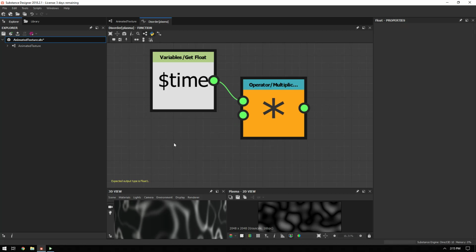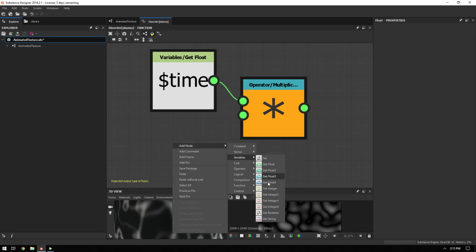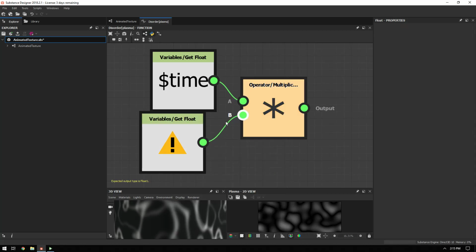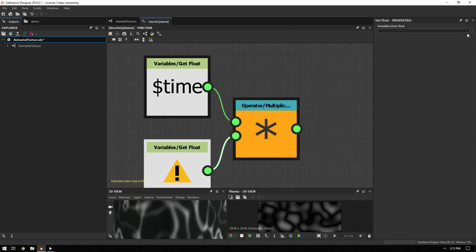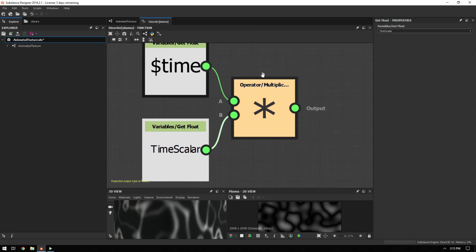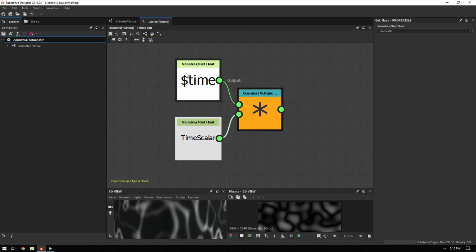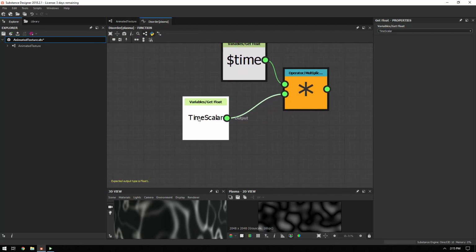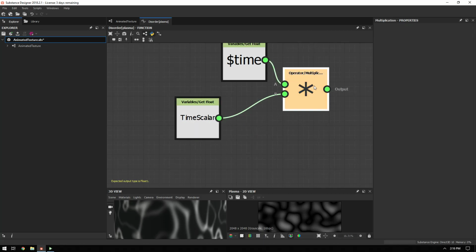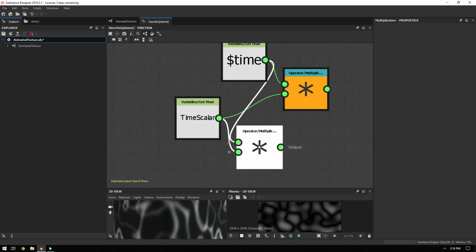again, we're going to delete this node. We're going to go create another variable, which is getFloat, and we'll plug this in here. We're going to take this float, and we're going to use, again, the same time scalar. Now what this is going to do is it's actually going to play these two animated nodes here at the same speed. So one of the other things that we can do that would be really cool would be to take this multiplier here, duplicate it,